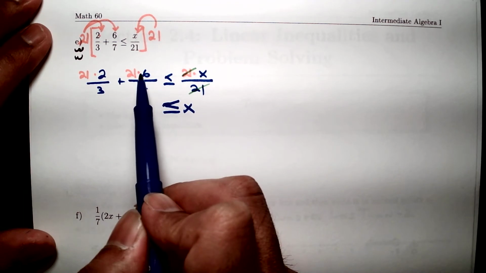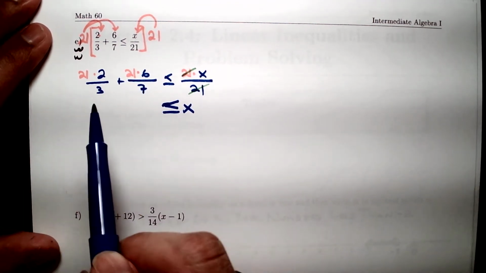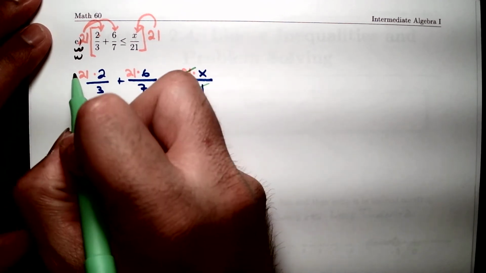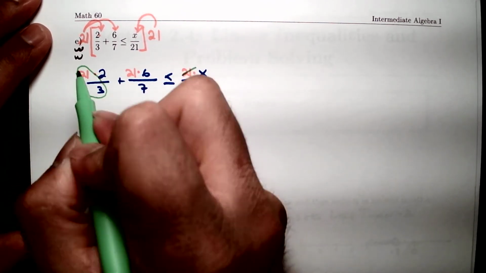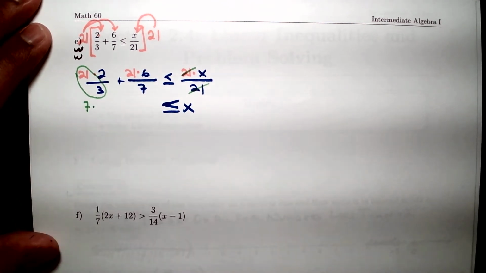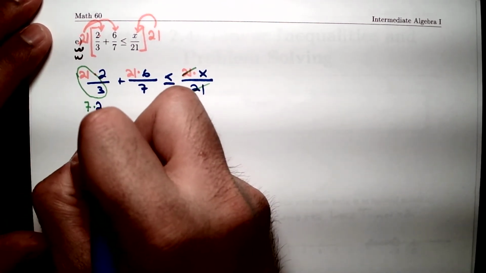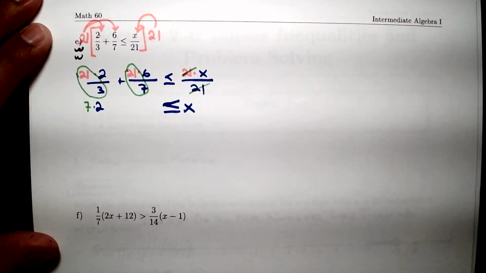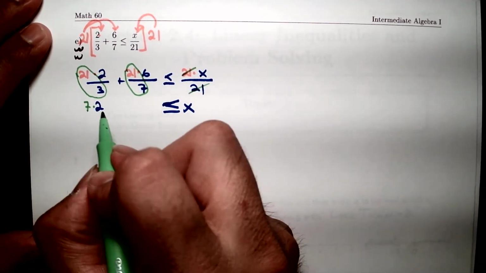Let's not make it more complicated. So what we are going to do here is simplify 21 over 3, which is 7 times 2, and then 21 over 7, which is 3,